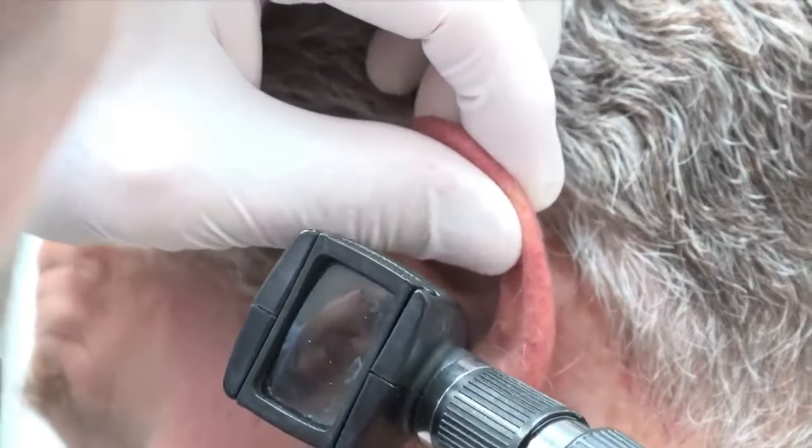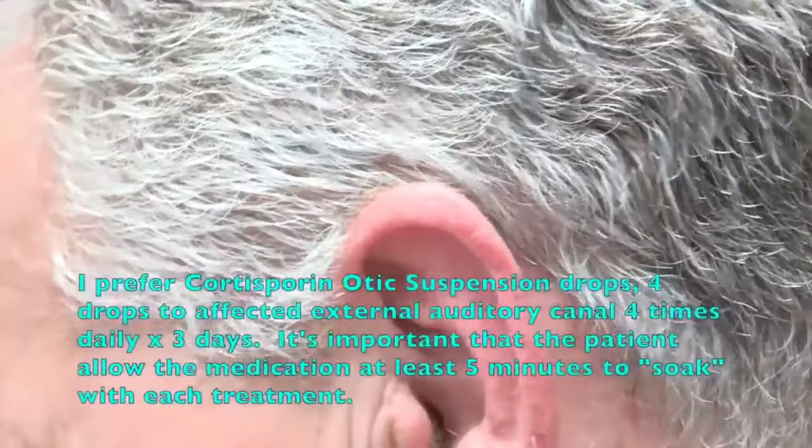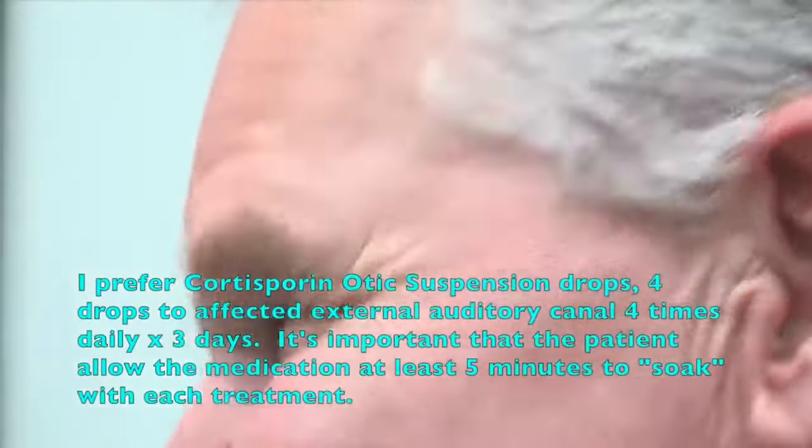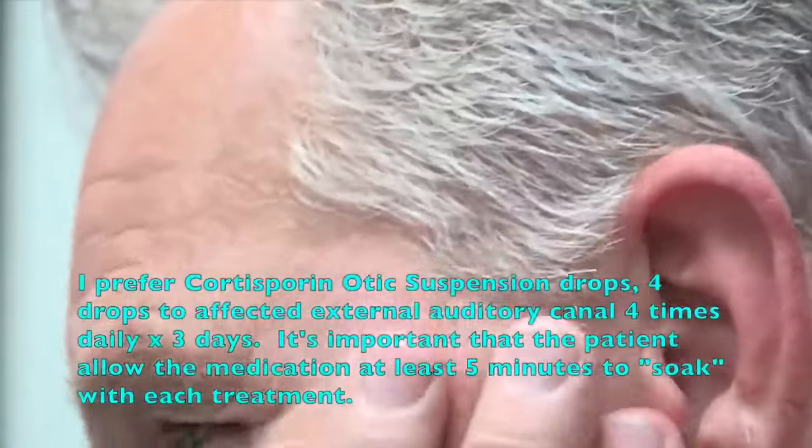Looks pretty good, Mr. Pepper. I'm going to give you a prescription for some drops to go in there to kind of calm that ear down a little bit, okay? You all right? Oh yeah. Okay. Can you hear better out of that ear now? Well, yeah. It seemed like I hear, but it,